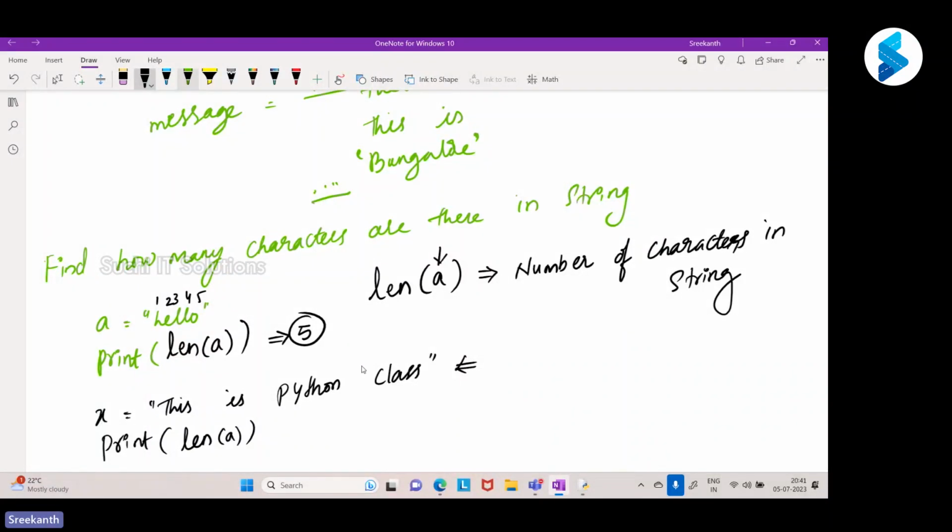But what are you missing? Space. There is a single space here, right? There is a space, there is a space. Space is also a character. So hence the length would now be 20.